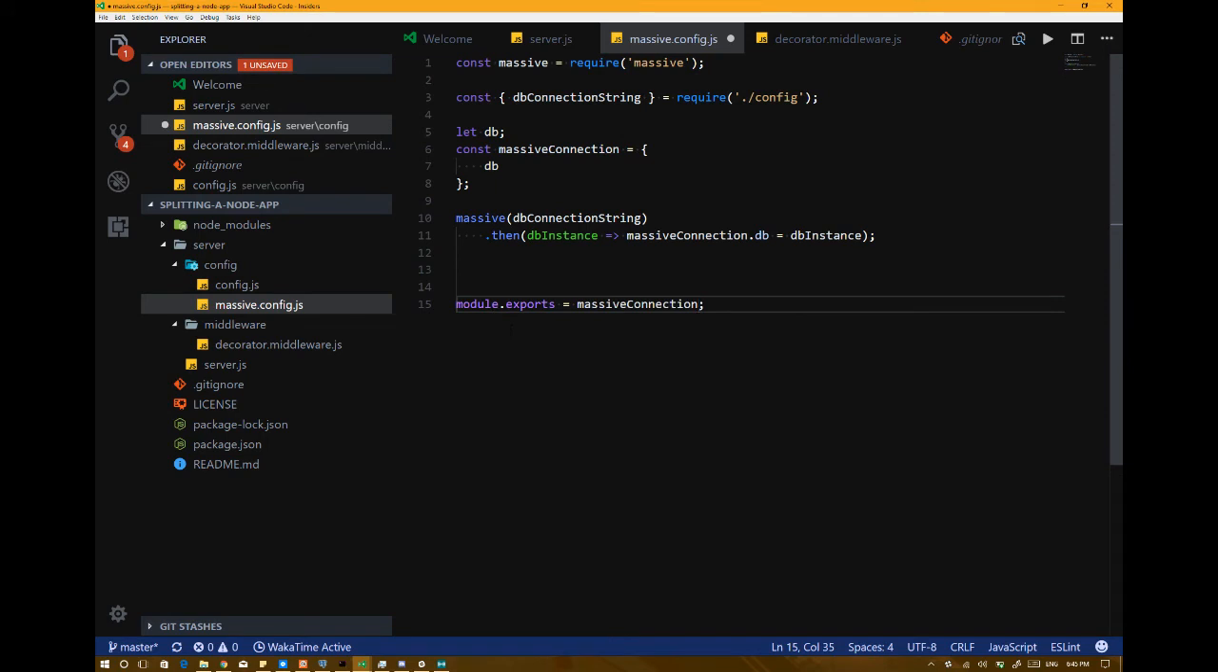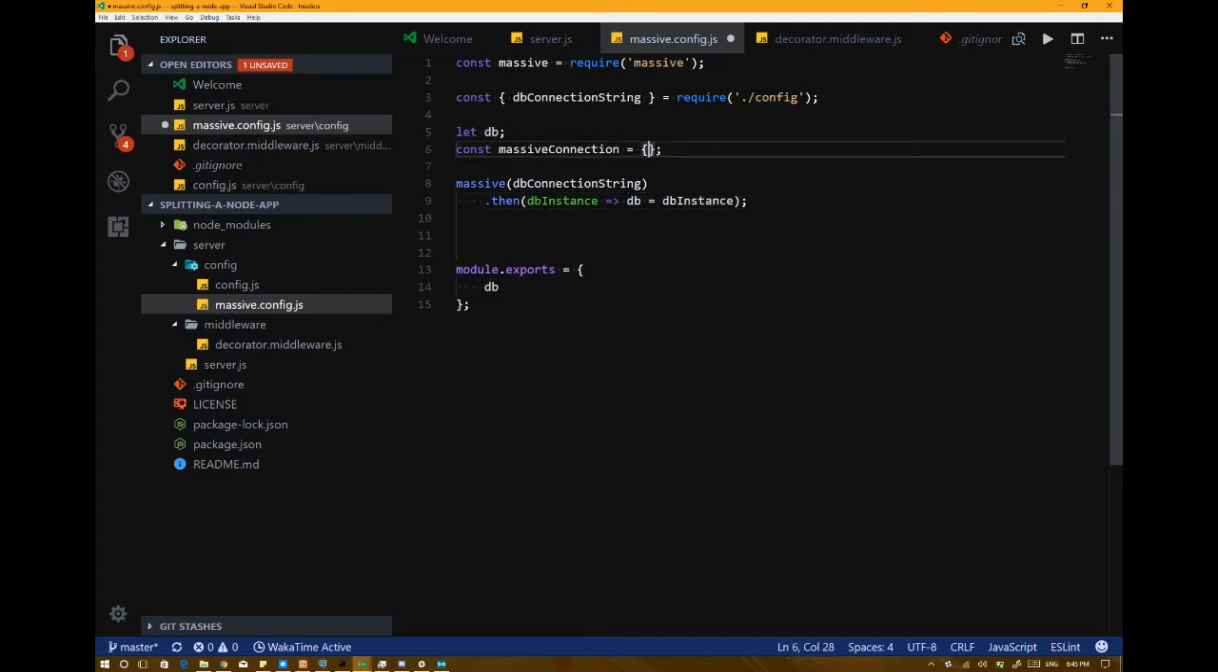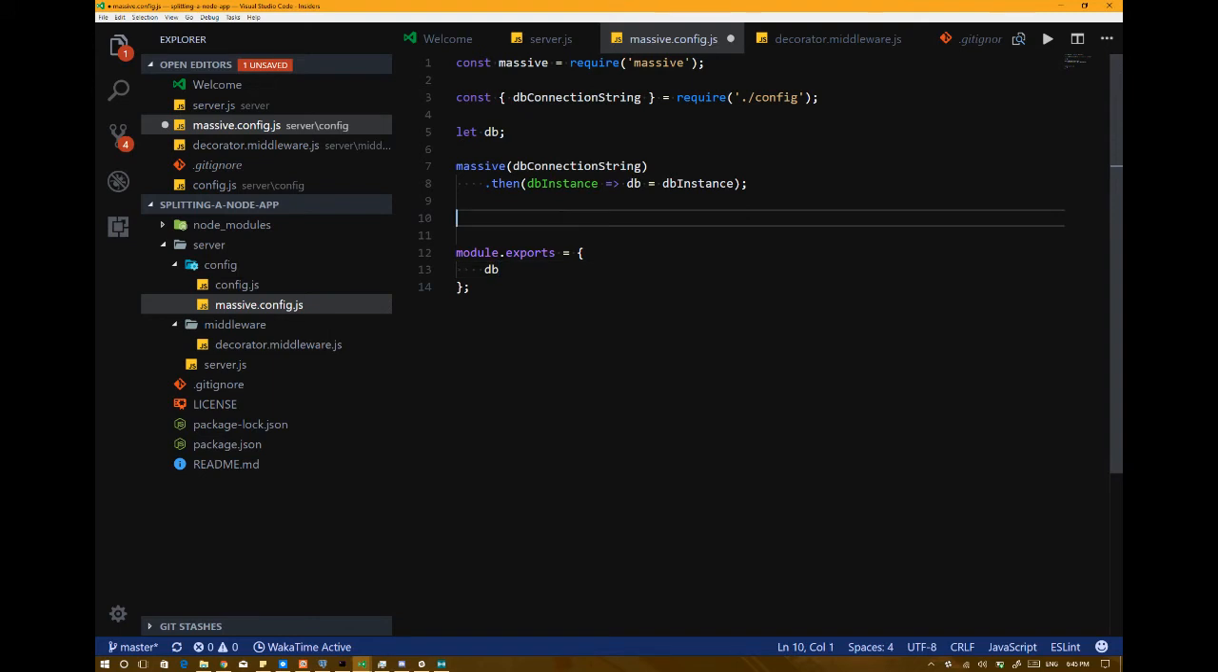But I don't really like that too much for a couple of reasons, because A, you just have one property on this object, on the Massive db or massiveConnection object, and it becomes a little bit more unwieldy to do stuff with. So typically what I do instead is I create a function called getDBInstance, which doesn't take anything, but what it will do is